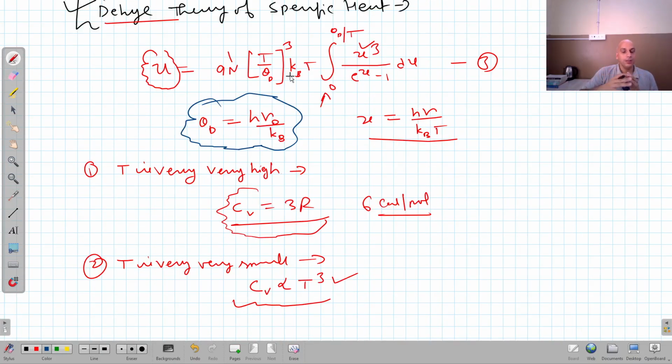Although Debye theory does have some limitations, particularly when it is applied to metals, it breaks down there. I will explain what happened to the Debye T cube law when it is applied to the specific heat of metals. In that case it got modified, and I will tell you about the modified form of the Debye T cube law for metals. But for general solids, Cv at very low temperature is directly proportional to T cube, and at high temperature it is equal to 3R.